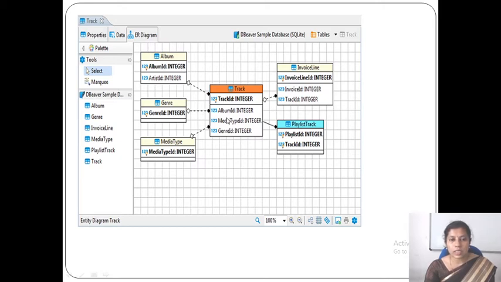So using the album ID attribute, album and track are related. As I said, employee and department, these two tables are related, right? An employee belongs to a particular department. Like that you can show the relationship among the different entities.